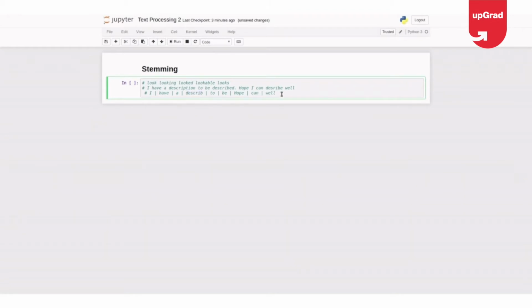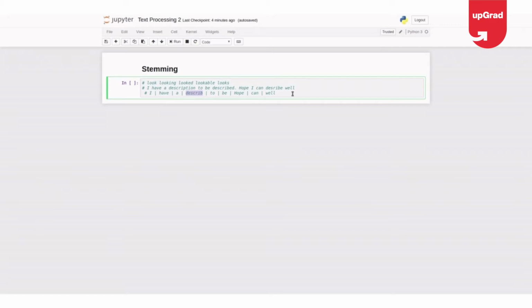So these are particularly used when you build count vectorizers or TF-IDF vectorizers, where majorly it's used when you are building your tokenizers, feature vectors for different words. So you need not take different variations of the words. You just take the stem word, and note that this stem is not a root word. It's the common part in all these three words. This word might not have a meaning in the dictionary, but still it's a stem.